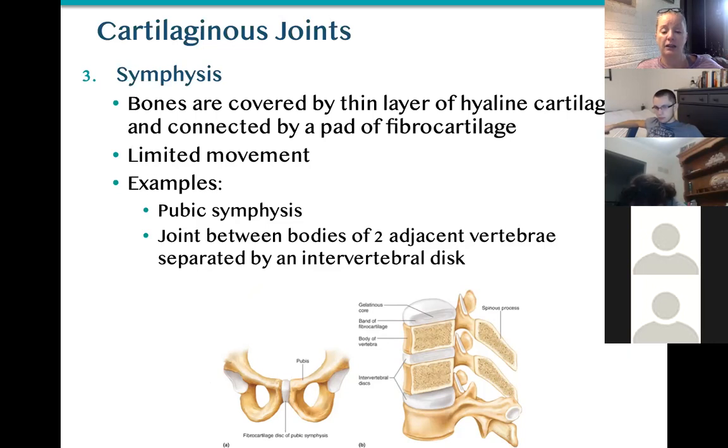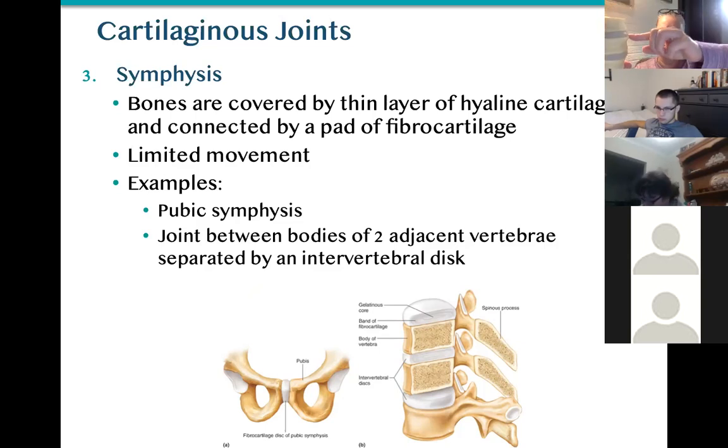And as I said, the hormones during childbirth will soften this connection here, and you can widen out the pubic symphysis a little bit when women go through childbirth, okay? So you get that baby with that big head out of the birth canal. The other place that we've always seen it, and know already where we have fibrocartilaginous discs, is in our vertebrae,